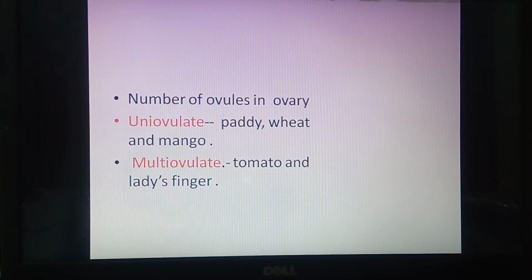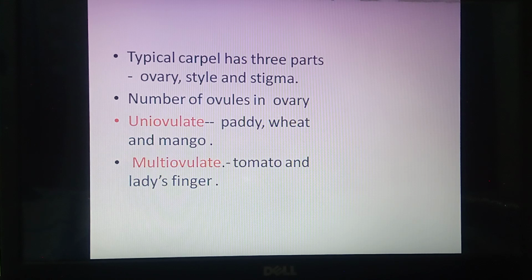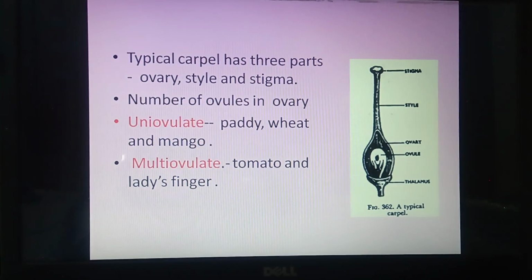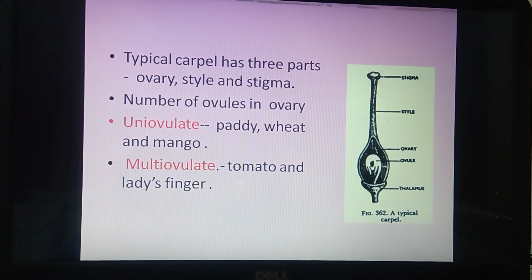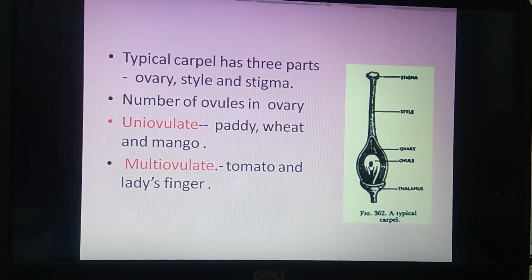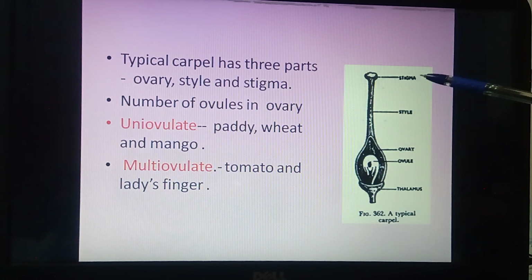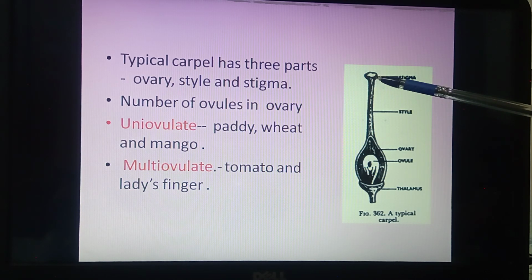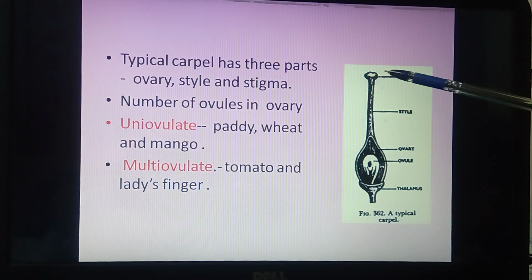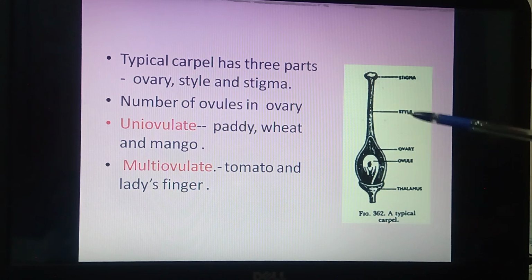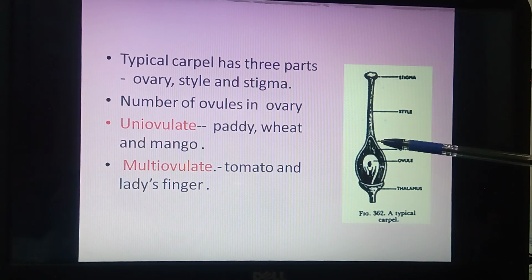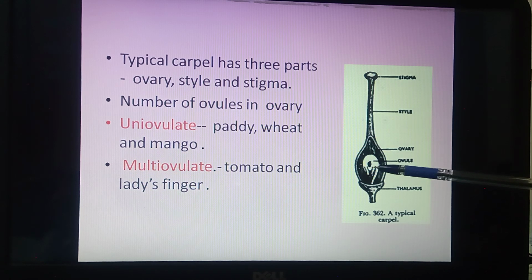So here, if we take the structure of gynoecium or the structure of a carpel, it shows three different parts: ovary, stigma and style. Or serially, stigma, style and ovary. Here a typical carpel is given, which shows a receptive surface that receives the pollen grain at the time of pollination, called the stigma. Below the stigma there is a style, which helps to carry the pollen tube during the germination of a pollen grain to achieve fertilization.